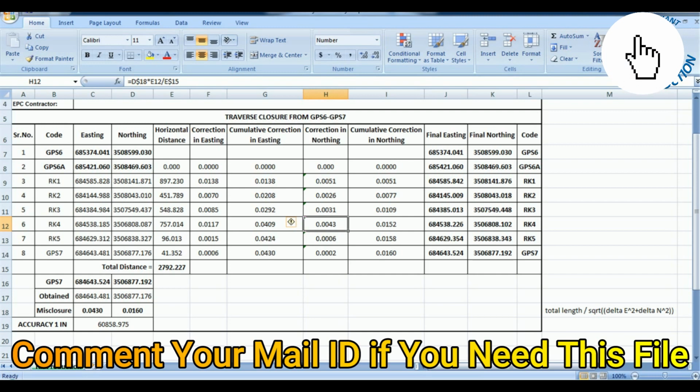This video shows how to adjust closing error, how to calculate a traverse, and how to adjust error between points. So you have to check this video, and I showed you this formula in that video.